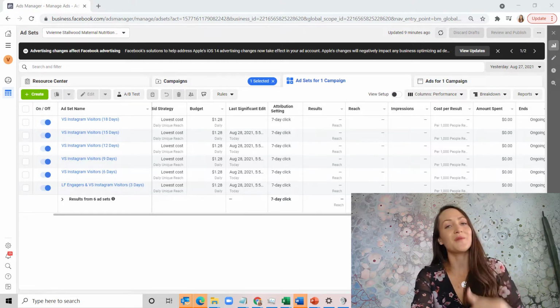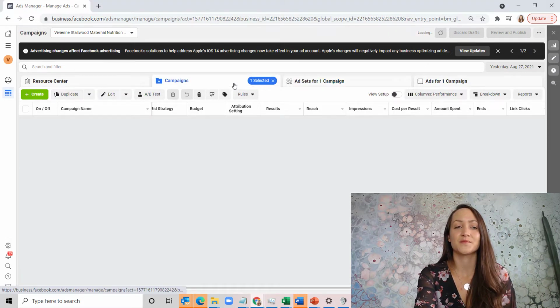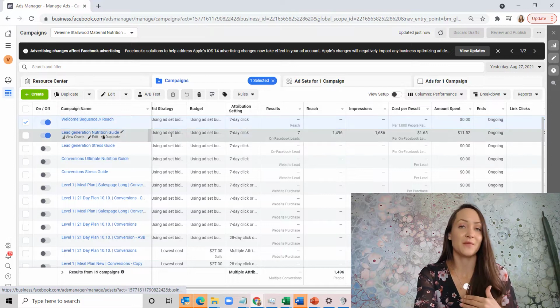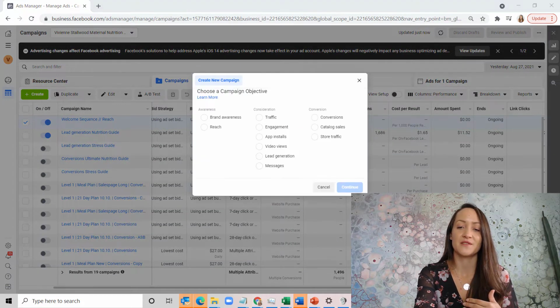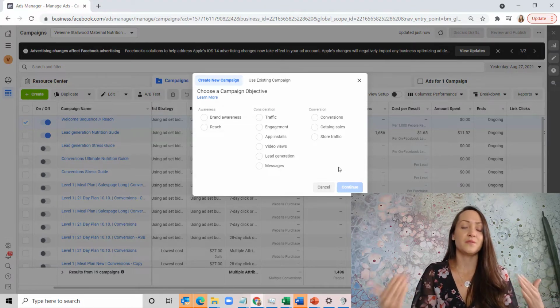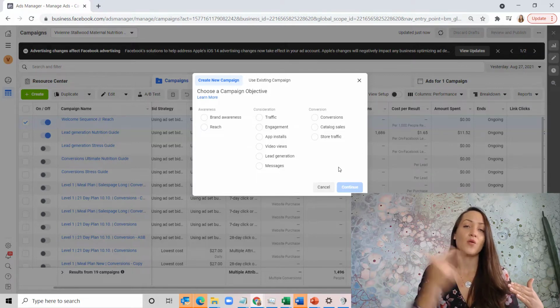And then we hop in Ads Manager. So this is how the campaign looks. It's a reach campaign. When we create a campaign, the very first thing that we have to decide on is what campaign objective we use. And I've seen people trying to achieve this or recommending this with conversion, optimizing for purchase, with traffic, or with